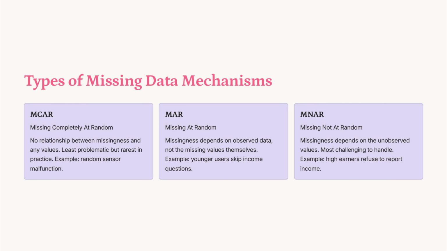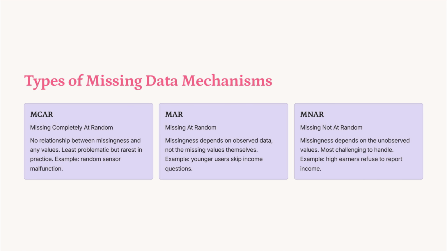Understanding missing data mechanisms is crucial. MCAR, or missing completely at random, occurs without any relationship to data values, though it's rare. MAR, or missing at random, depends on observed data, like younger users skipping income questions. MNAR, or missing not at random, is the most challenging, as missingness relates to unobserved values, such as high earners